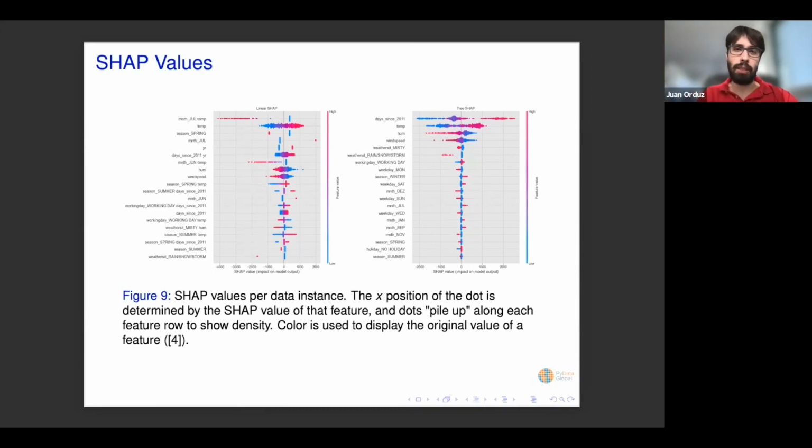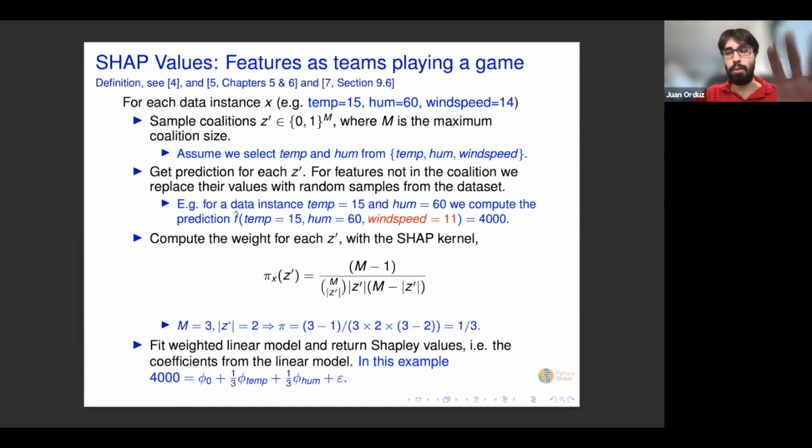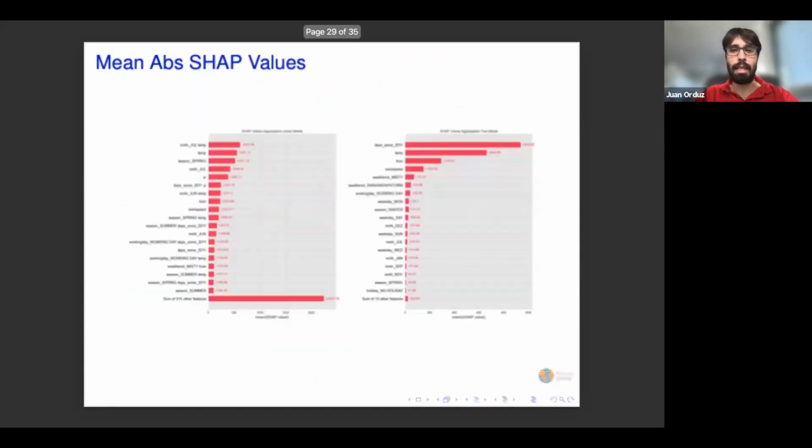And also in the tree-based model, we see that this actually coincides well with the features obtained by the XGBoost metrics. I should say that the algorithm that I explained before is really model agnostic, but there are implementations which can speed up the process, because there are a lot of computations to be done, which are model dependent. They should be very comparable, and that's why I'm tagging that with linear SHAP and tree SHAP, which are variants of this initial kernel SHAP algorithm that I briefly discussed in this slide.